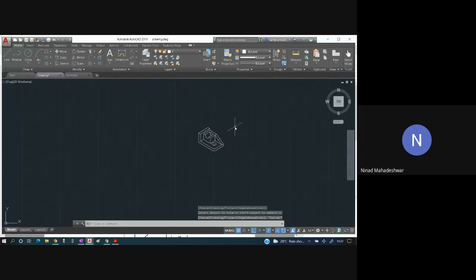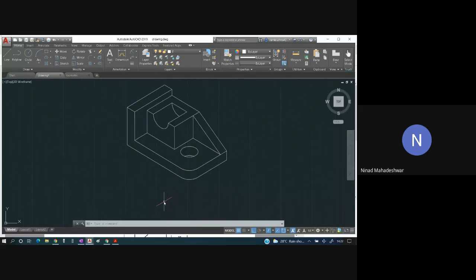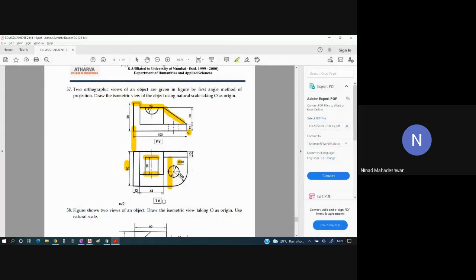This is how this entire isometric view is going to look. Have you understood this? Yes, sir. Take your time, draw this. This will be in front of you. Once you have completed, tell me.